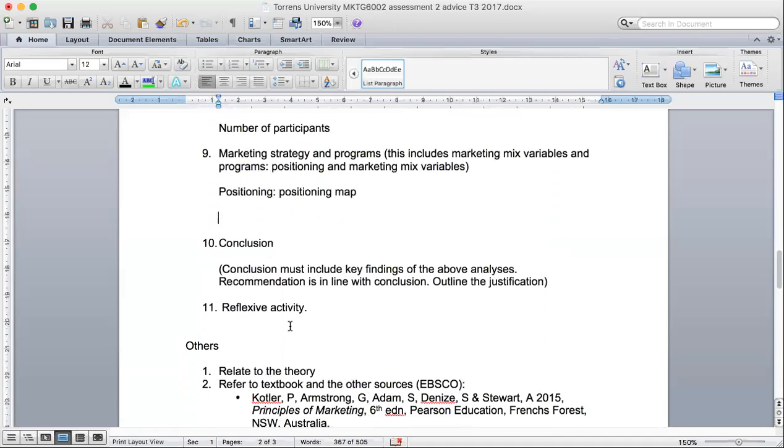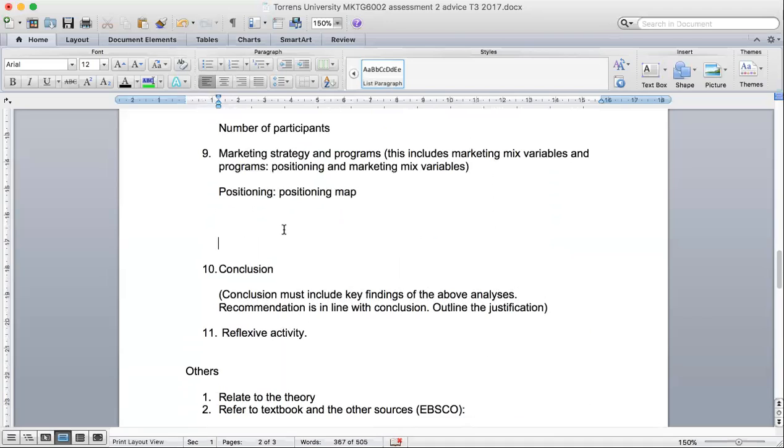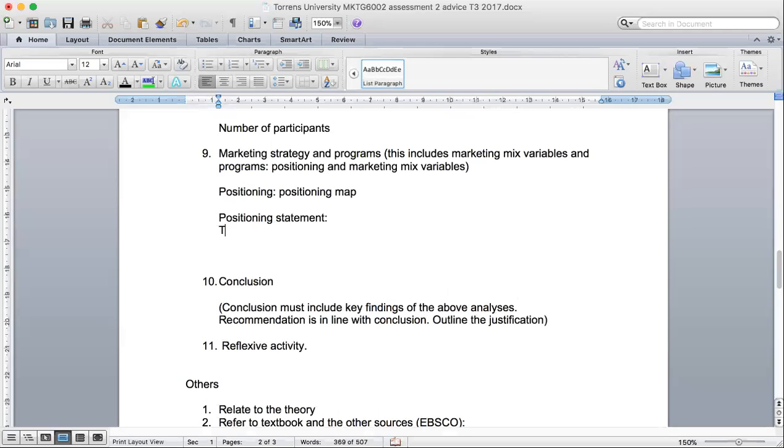I'll leave it to you in terms of getting the attributes for your drawing. That's the cross that you draw. You can look at the strategic marketing slides. And the positioning statement. How do we write a positioning statement? Normally we write it as: to whom, with what needs,